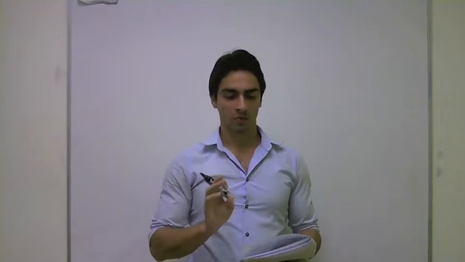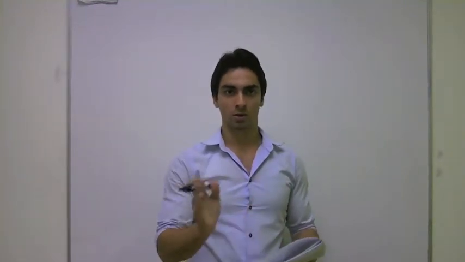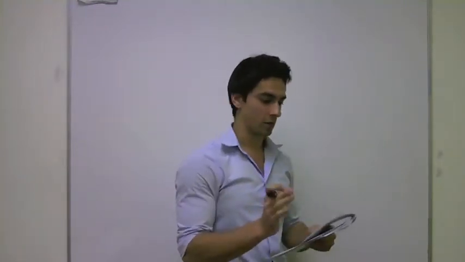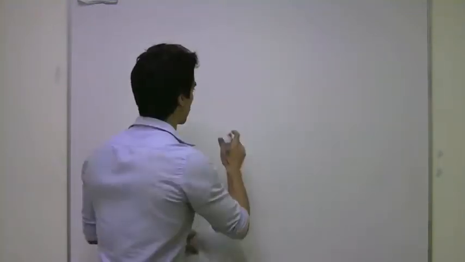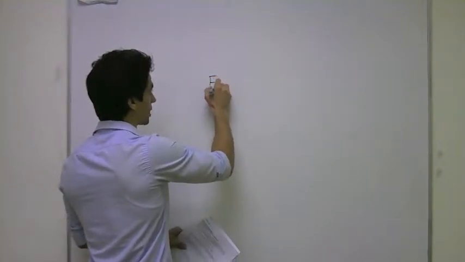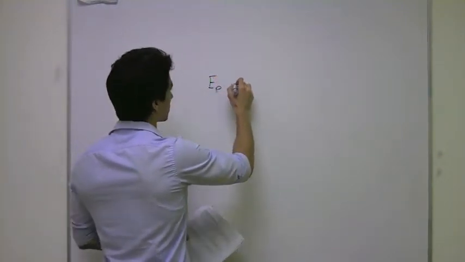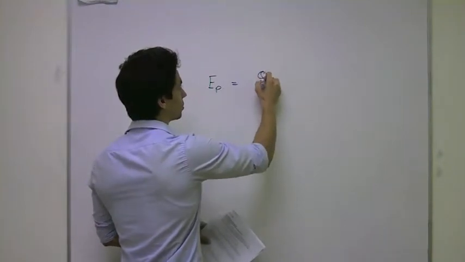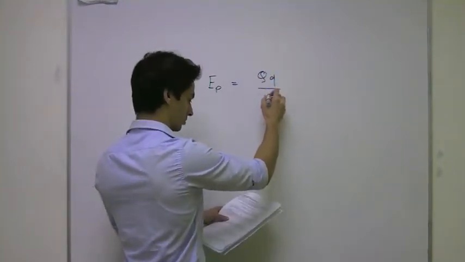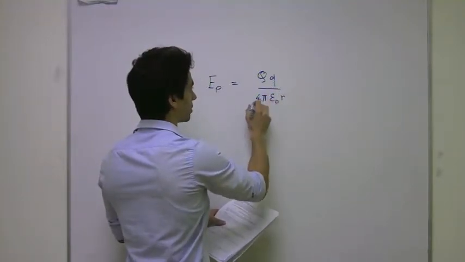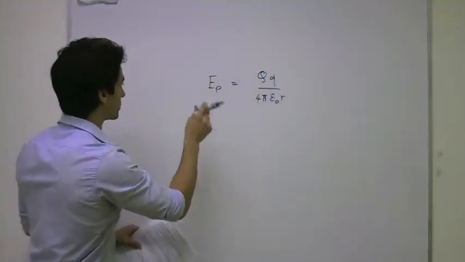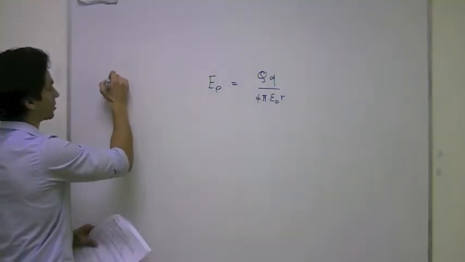Okay, 9.3 is electric field potential and energy. This portion is very similar to 9.2, so it draws an absolute parallel with gravitational field and potential energy. So just like in gravitational fields, the potential energy in electric fields is given by Q over 4 pi epsilon naught r. So in gravitational potential energy, we had derived that the potential energy